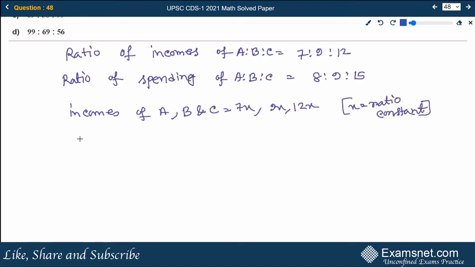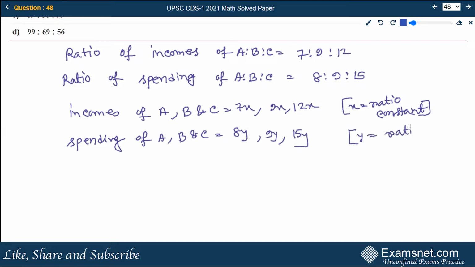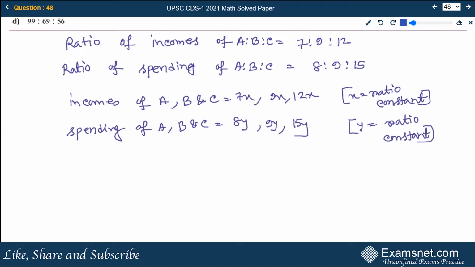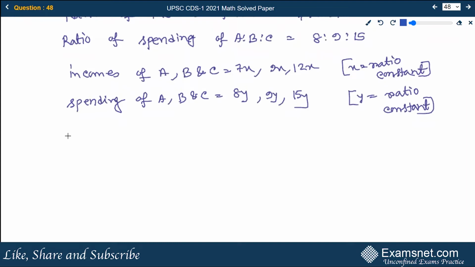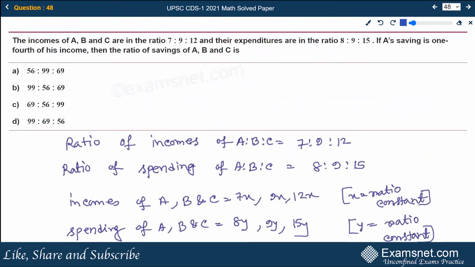Okay, next we can also assume the spending of A, B, and C as 8y, 9y, and 15y, where y is the ratio constant in this case. Okay, next, so how can we get savings? Savings is the difference between incomes and spending. So savings of A, I can write 7x minus 8y, that is also equal to the 1/4 of his income,